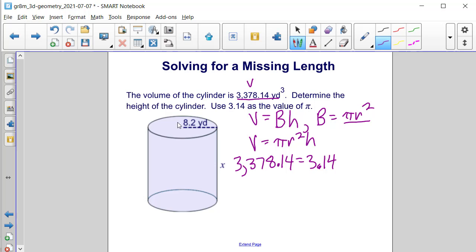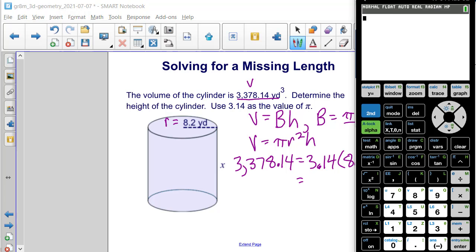We know that our radius is 8 2/10 yards, so let's substitute that in. And the height is x in our diagram. So then if we multiply 3 14/100 and 8 2/10 squared, we will get